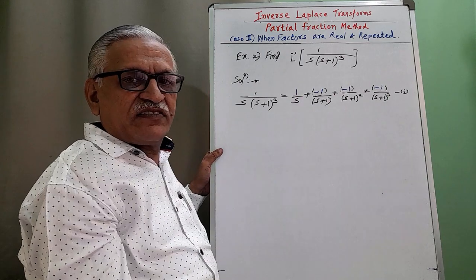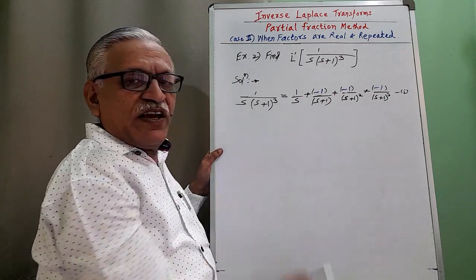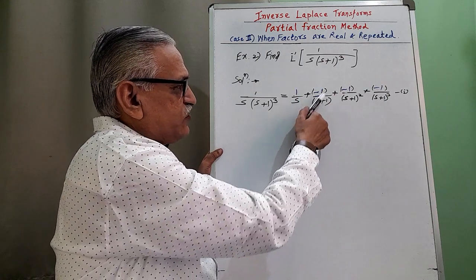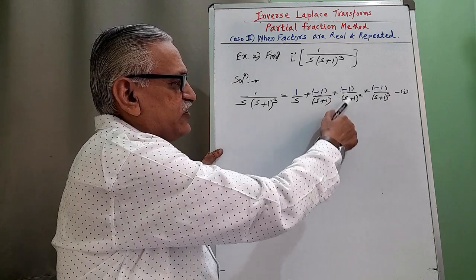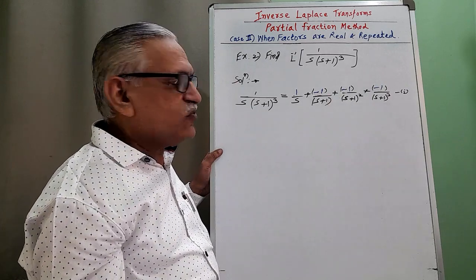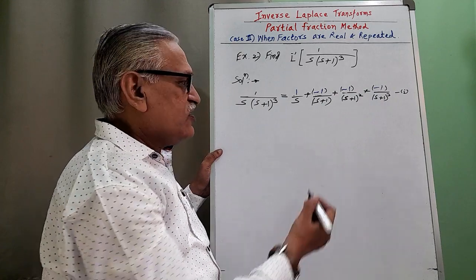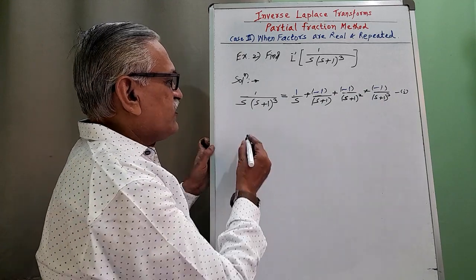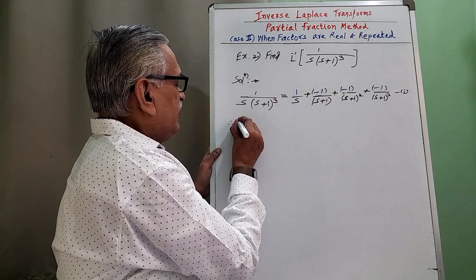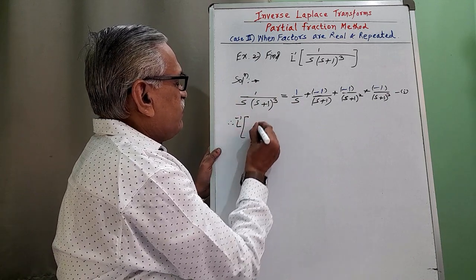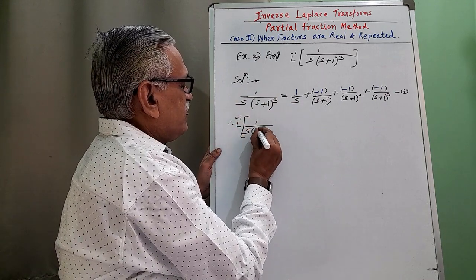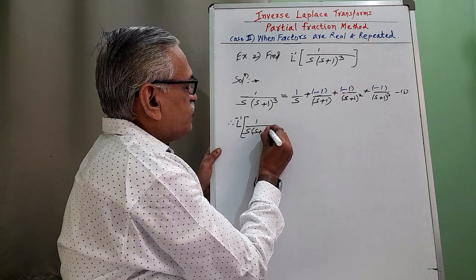Once again I will repeat this step. A is 1, therefore 1 by s, b is minus 1, therefore minus 1 upon s plus 1, c is minus 1, minus 1 upon s plus 1 whole square, and d is minus 1, therefore minus 1 upon s plus 1 whole cube. Next step is inverse on both sides, and therefore inverse Laplace of left hand side 1 upon s into s plus 1 whole cube,